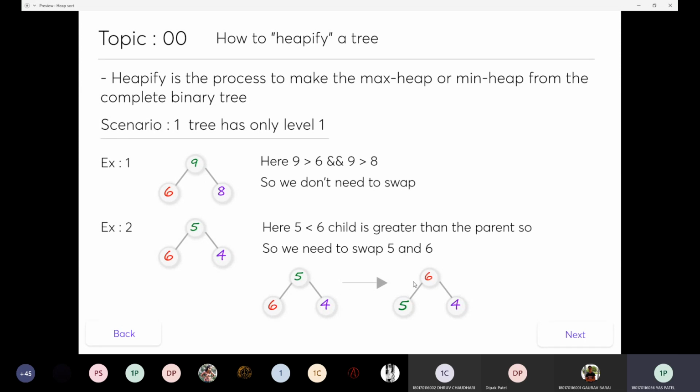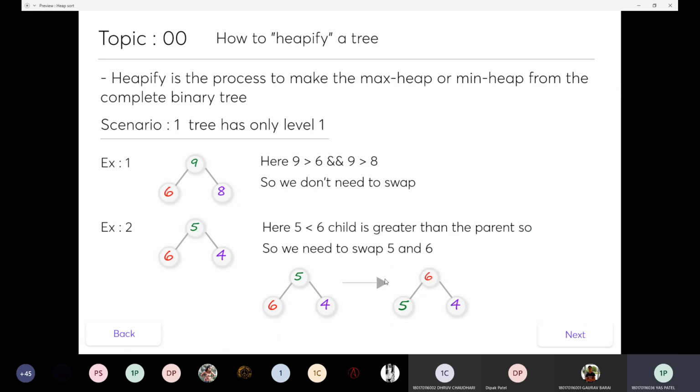Let's see this new tree. 6 is greater than 5 and 6 is greater than 4. So that's how we can make the max heap from this process. Swapping the elements according to the tree is a process called heapify. From that we can make the max heap and minimum heap.